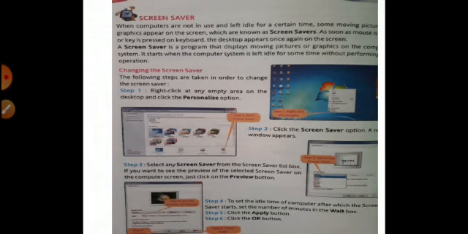Then we have to select the screensaver option. From the screensaver list box, we have to select any screensaver according to our choice. Then we have to mention the minutes or time interval, then the apply button, and finally click on the OK button. Okay. Hope you have understood this.